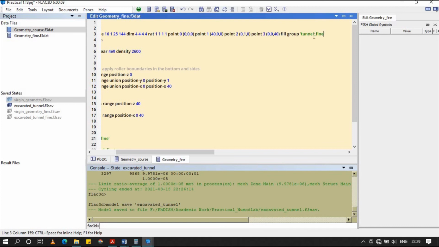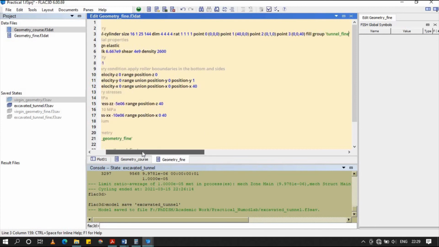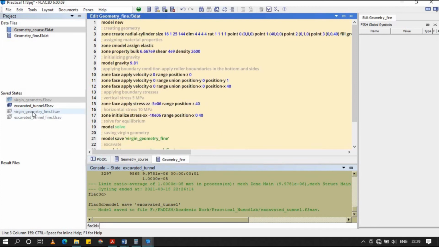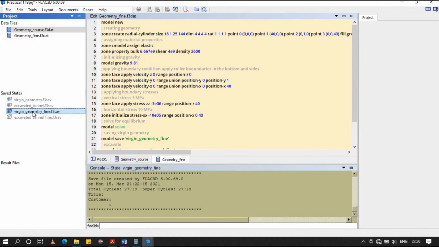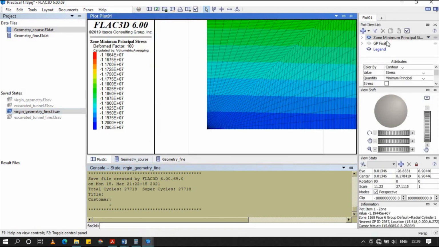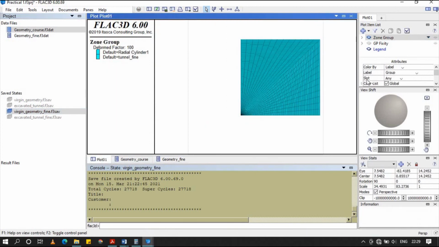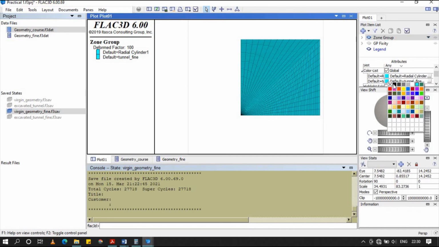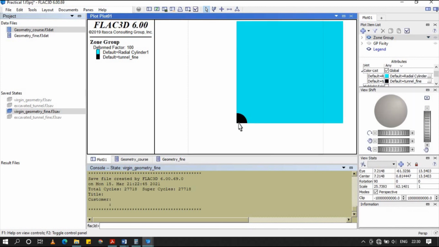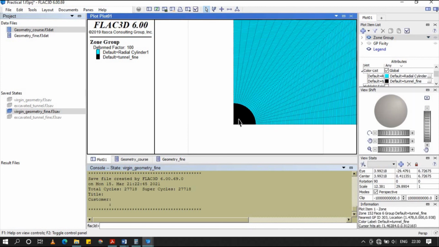So the tunnel part is named as tunnel fine. So we're going to see the plot. This is the tunnel fine group, and this is going to be excavated.